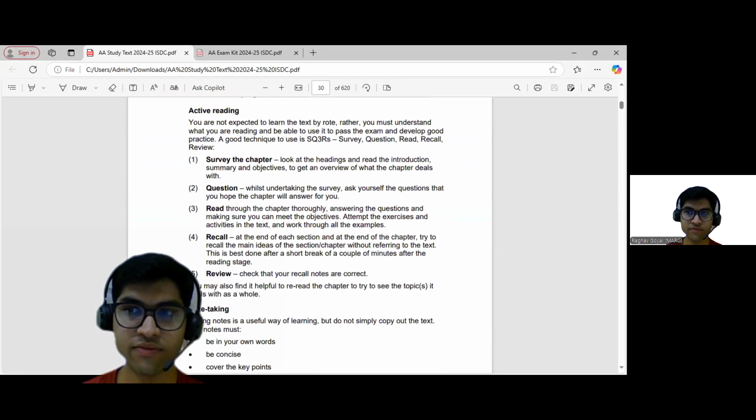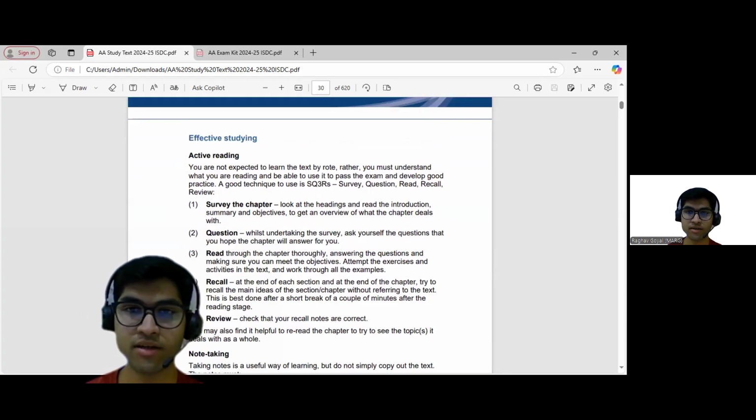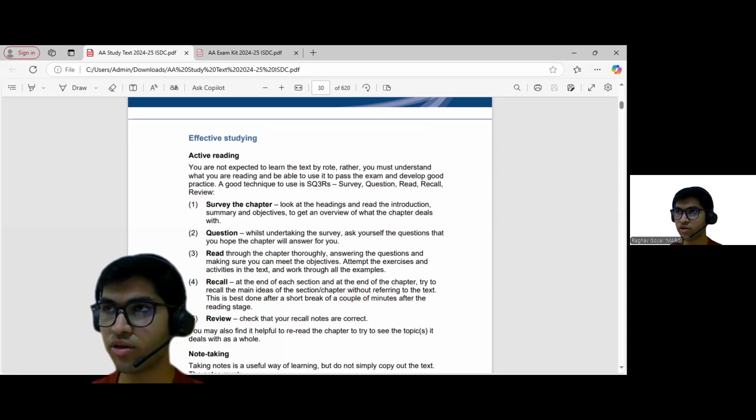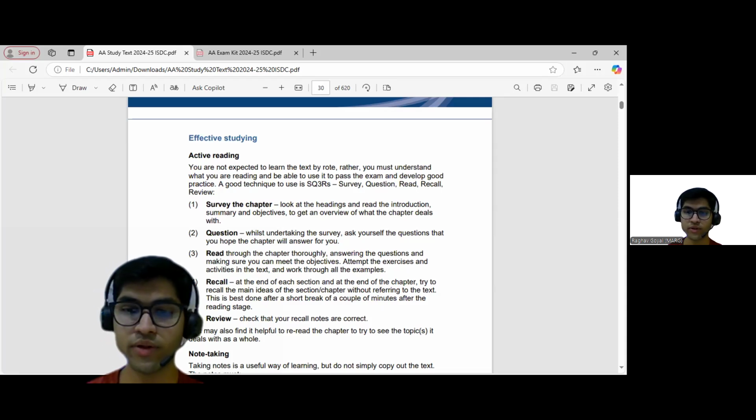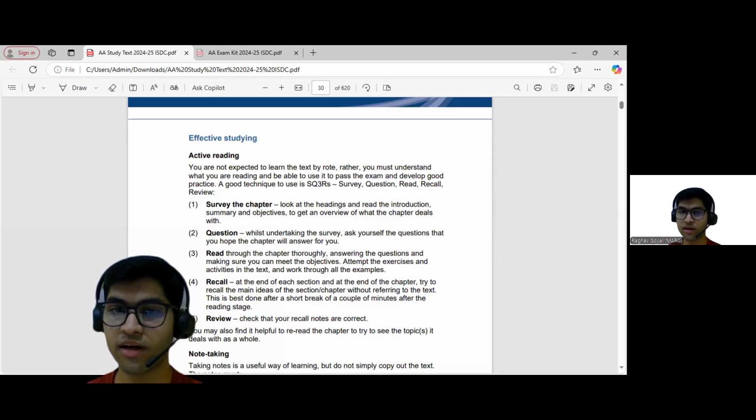We will also be looking at ACCA Study Hub for our MCQ practice. The Kaplan study text and exam kit is good enough. If you do it twice, that will help you a lot to gain confidence and answer the questions rightly. I think a minimum of two should be a good number. If you can do it thrice, it's even better. But I would suggest you do it at least twice.